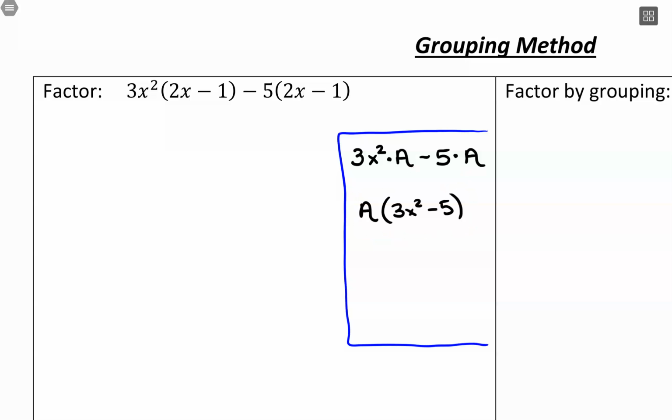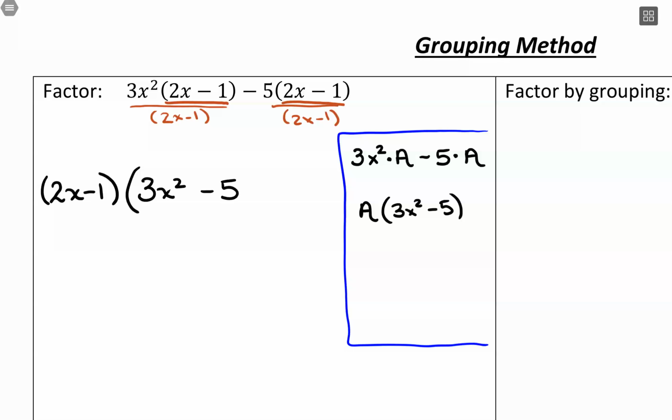So what's happening here with the 2x minus 1 is that our common factor is this entire expression, 2x minus 1, all in the parentheses. So like I did off to the side of factoring out a, I want to factor out this 2x minus 1. So what I would do is bring it out front. I'd have parentheses 2x minus 1. And then in the parentheses where I collect those leftovers, if I thought about dividing by this entire expression, 2x minus 1 divided by 2x minus 1, what I would have left over is 3x squared